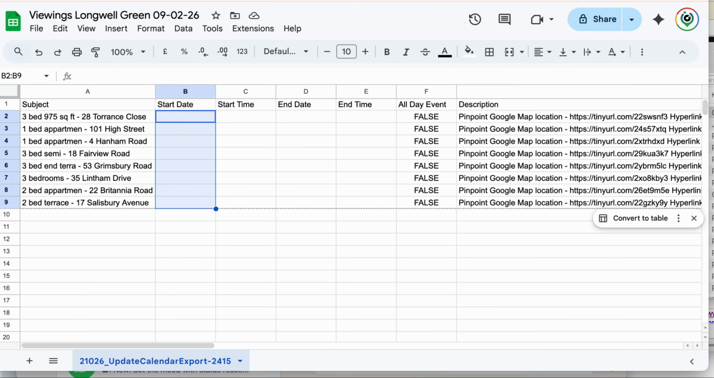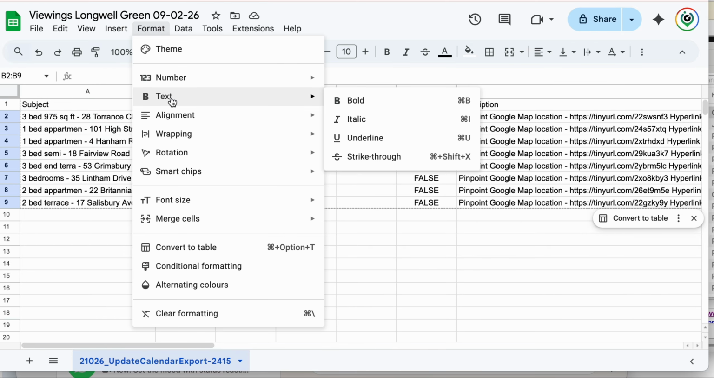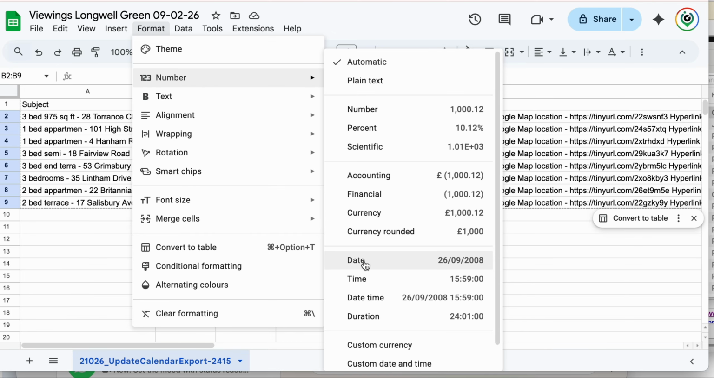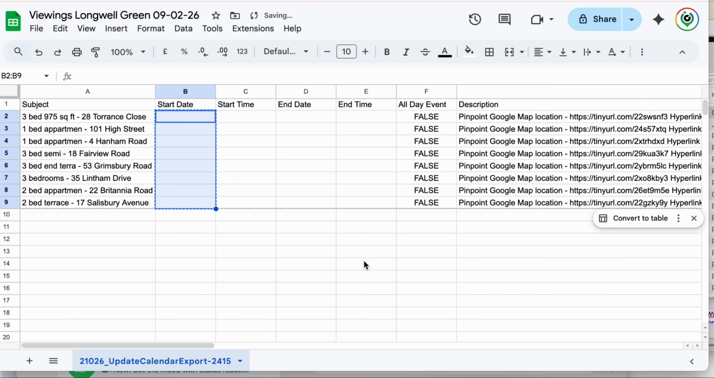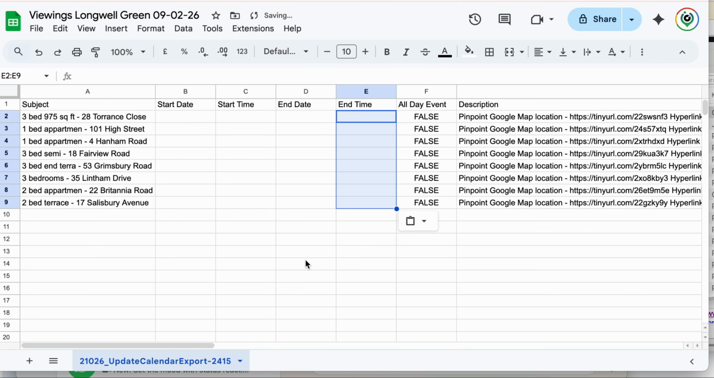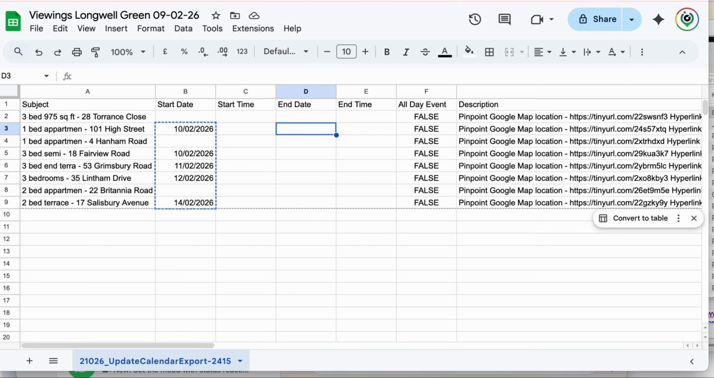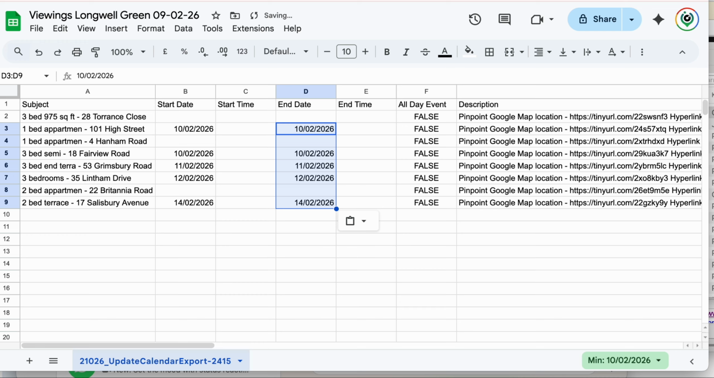Viewing's Longwell Green, and we put a date. Now these columns here, the date columns, must be formatted as dates, and the time columns formatted as times. The rest is very straightforward and simple. All you have to do is enter the start dates and the end dates. The end dates are the same as the start date, so you can just replicate those in there